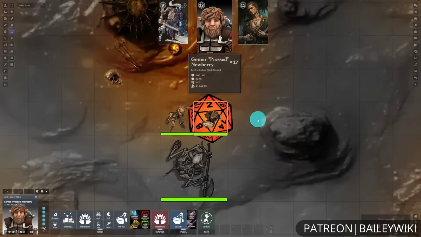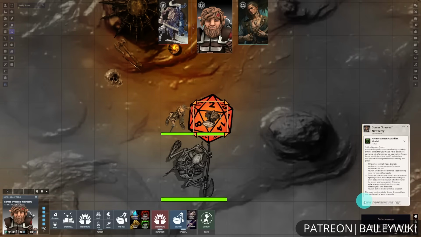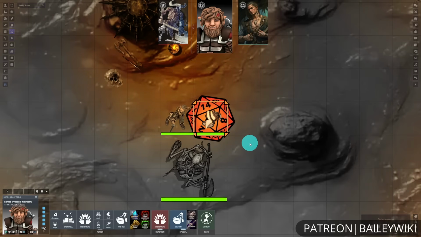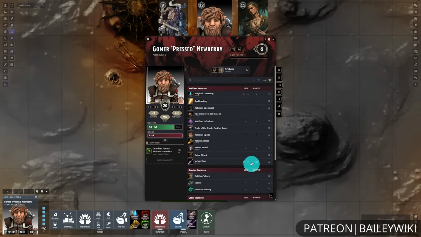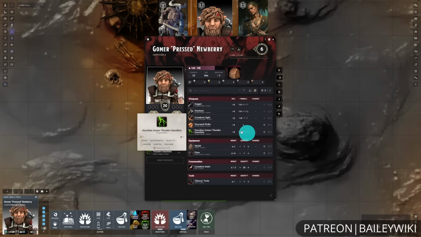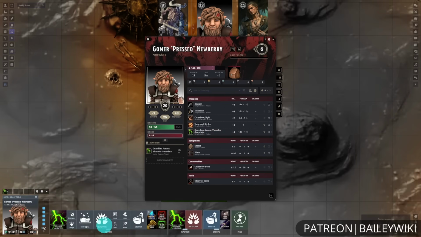And so for our first character, we've got Gomer here. And with the Argon Combat HUD, we have all of our different options available. And we probably should have done this earlier, but we've got our Arcane Armor Guardian model to apply to ourselves, which is going to give us some new features. So when we activate this, we get a few new abilities, and one of them is going to be these Thunder Gauntlets, which we can go ahead and drag into our slot for Argon,